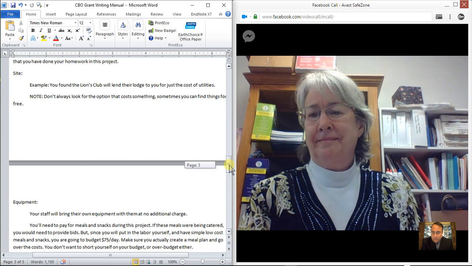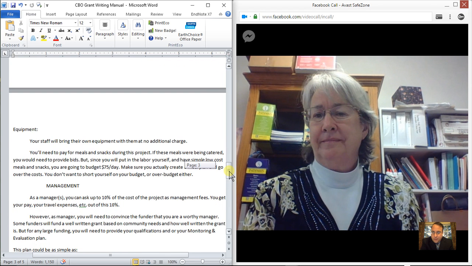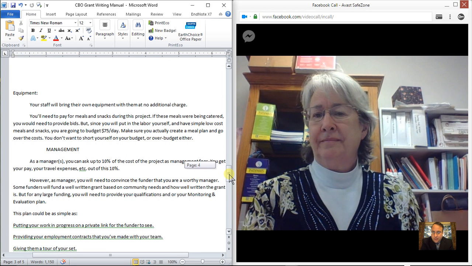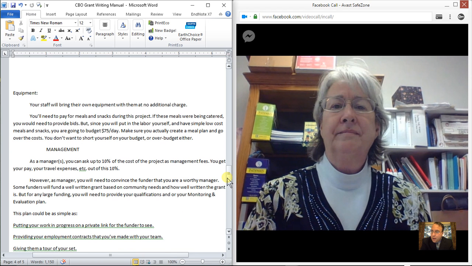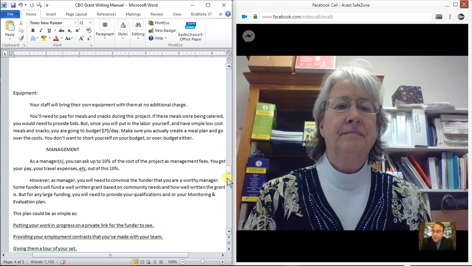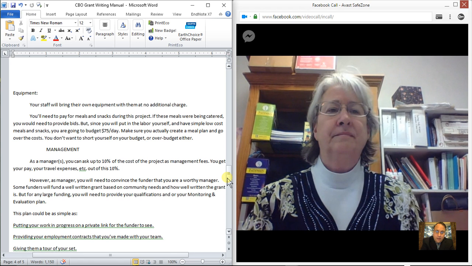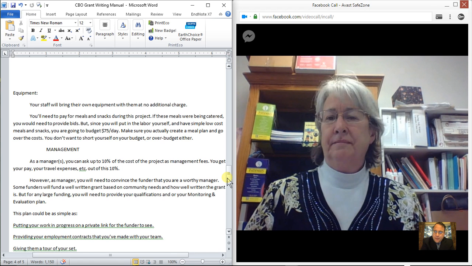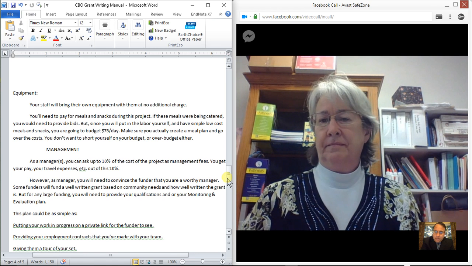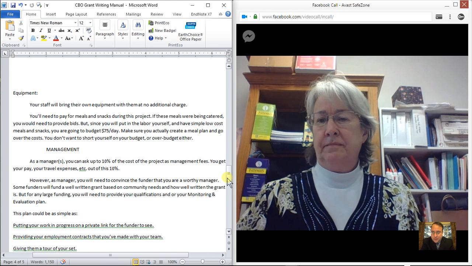So going back to equipment down on page, I don't know where I'm at, 4 or something. Yes, page 4. Sometimes the contractors or people you'll hire don't come with tools. Maybe they're a handyman and they don't have everything they need, but they know how to do it. They're licensed, and next thing you know, they're going to have to be buying a bunch of tools, and they're going to say, hey, I need more money for tools, or I can't do this work without tools.